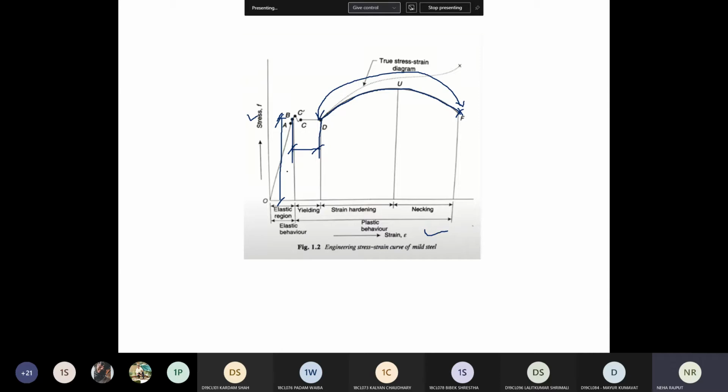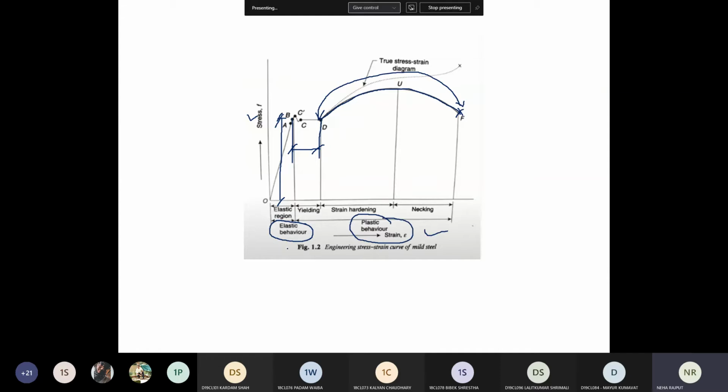So the distance between 0 to B is the elastic nature or behavior of the member, and after B point to F top point it is known as the plastic behavior of the material.